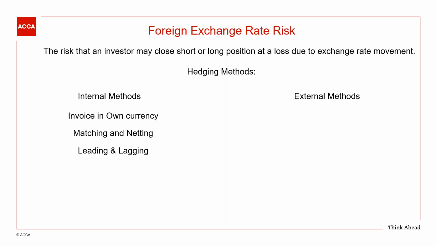Forward contract is a contract in which you agree with the other party to exchange a foreign currency in future at a fixed exchange rate. For example, you have to make a payment of $1,000 in 1 month's time, and you're worried that the dollar rate may go up in a month's time. So what you